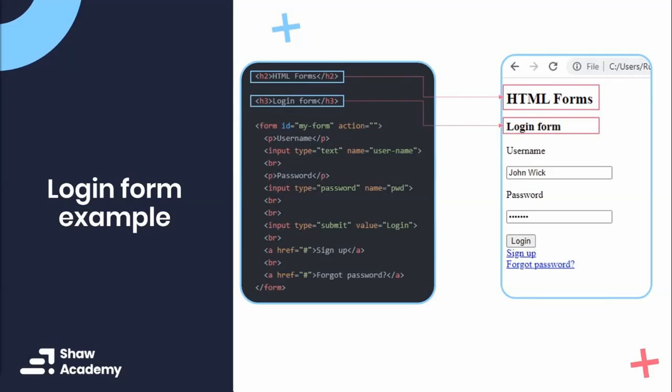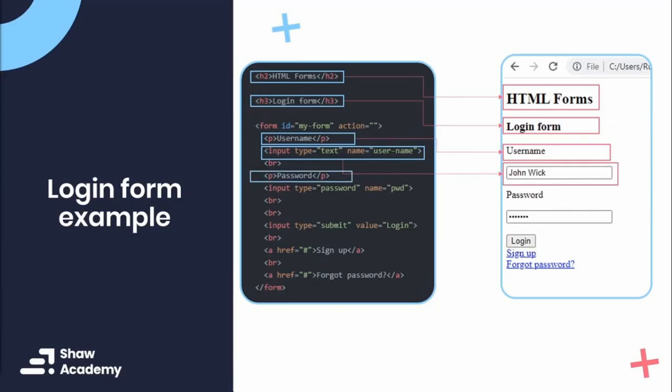And now we start opening up our form, and everything inside the form is going to be the content hosted inside our form. Okay, very, very important. The first thing hosted inside of our form here is the username text, which is a paragraph tag, and we can see this in the client as well. Moving on, we have our very first input type of text, and we gave it a name of username. And this is interpreted by the client, and here we simply punch in some random text like John